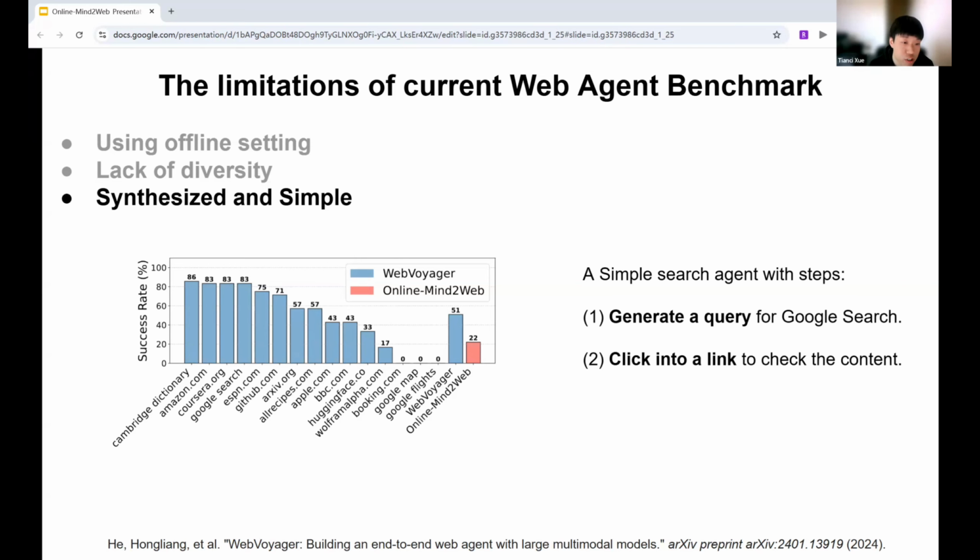When we evaluate such a simple search agent on WebVoyager, we find that it can already achieve a 15% success rate, which suggests that the tasks are easy and many can be addressed using shortcuts like Google search rather than navigating the website.